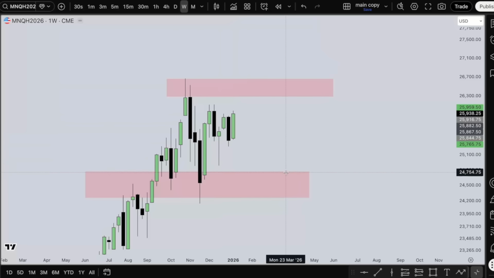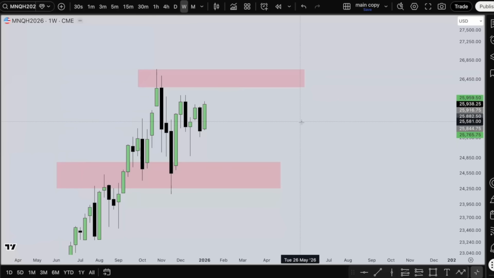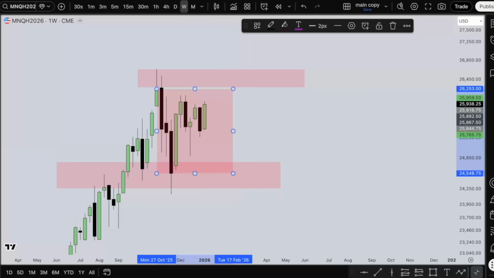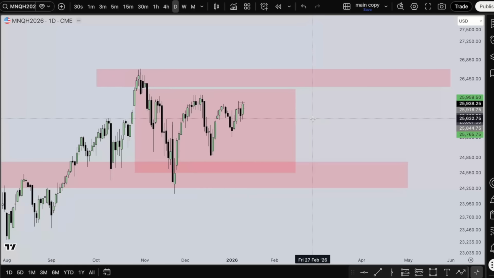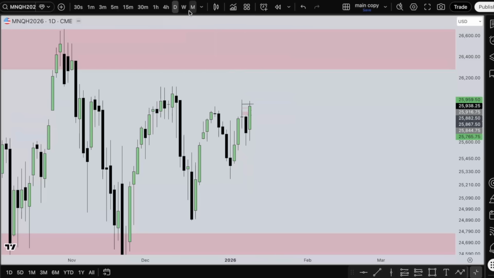Okay. So we were talking about the monthly chart, the weekly chart, the bias higher, but overall, if you see that we're in a consolidated, ranging market, we're not anticipating a breakout above this until it's obvious. Now, on the daily chart, at this point, I did not have a bias on Friday. The daily chart was not clear to me